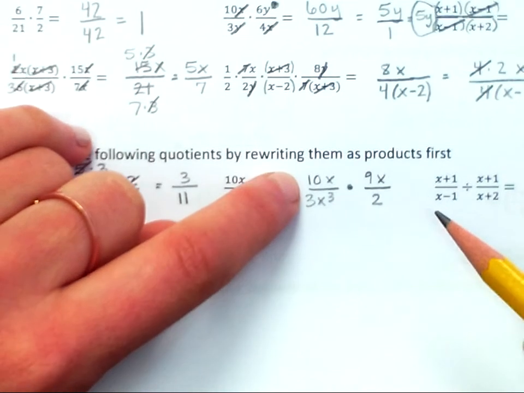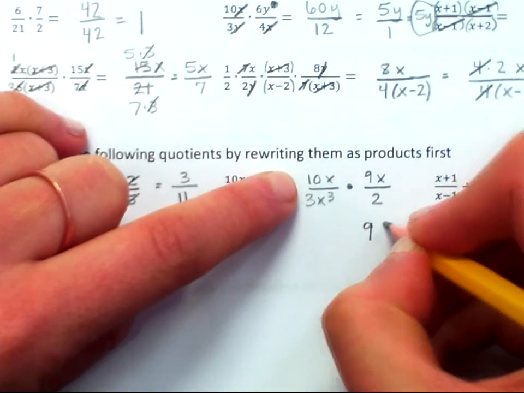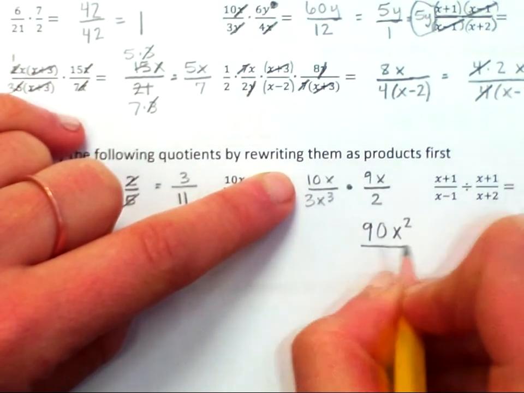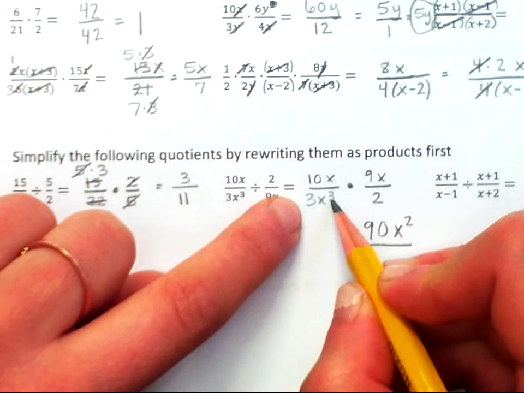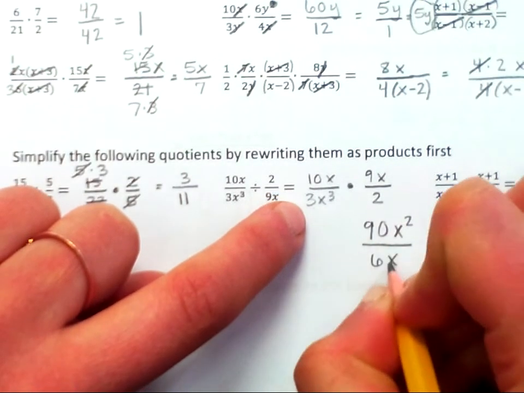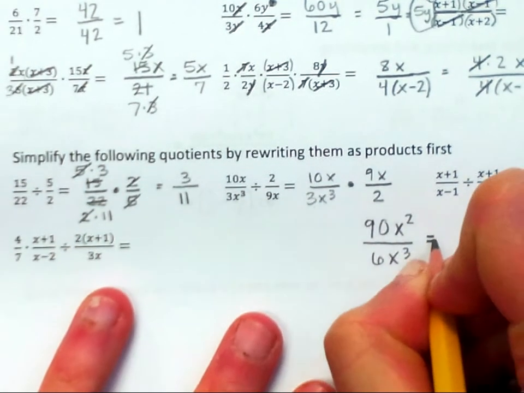So 10x times 9x is 90x squared over 3x cubed times 2 is 6x cubed,